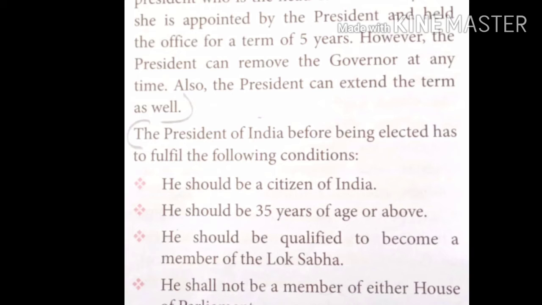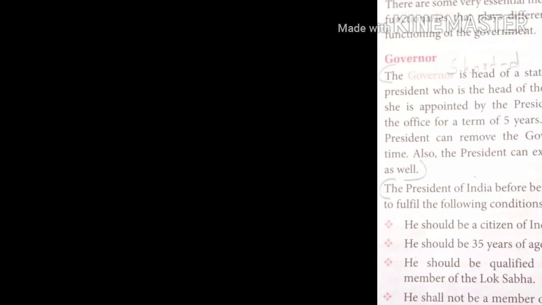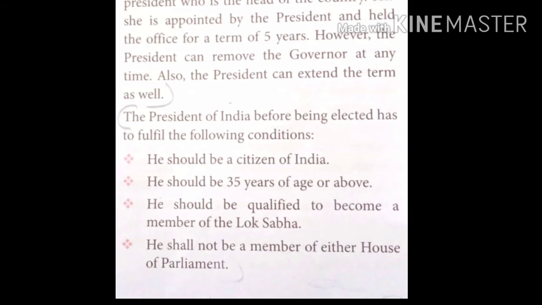नाउ द पावर ऑफ गवर्नर इज़ लाइक द प्रेसिडेंट। जो गवर्नर की पावर होती है वो भी प्रेसिडेंट के पावर के जैसी ही होती है, बट एट द स्टेट लेवल। मीन्स द पावर ऑफ प्रेसिडेंट इज़ एट national level or at the country level, but the power of governor is at the state level only. The governor appoints the government ministers such as chief minister, chairperson, advocate general and the members of the state public